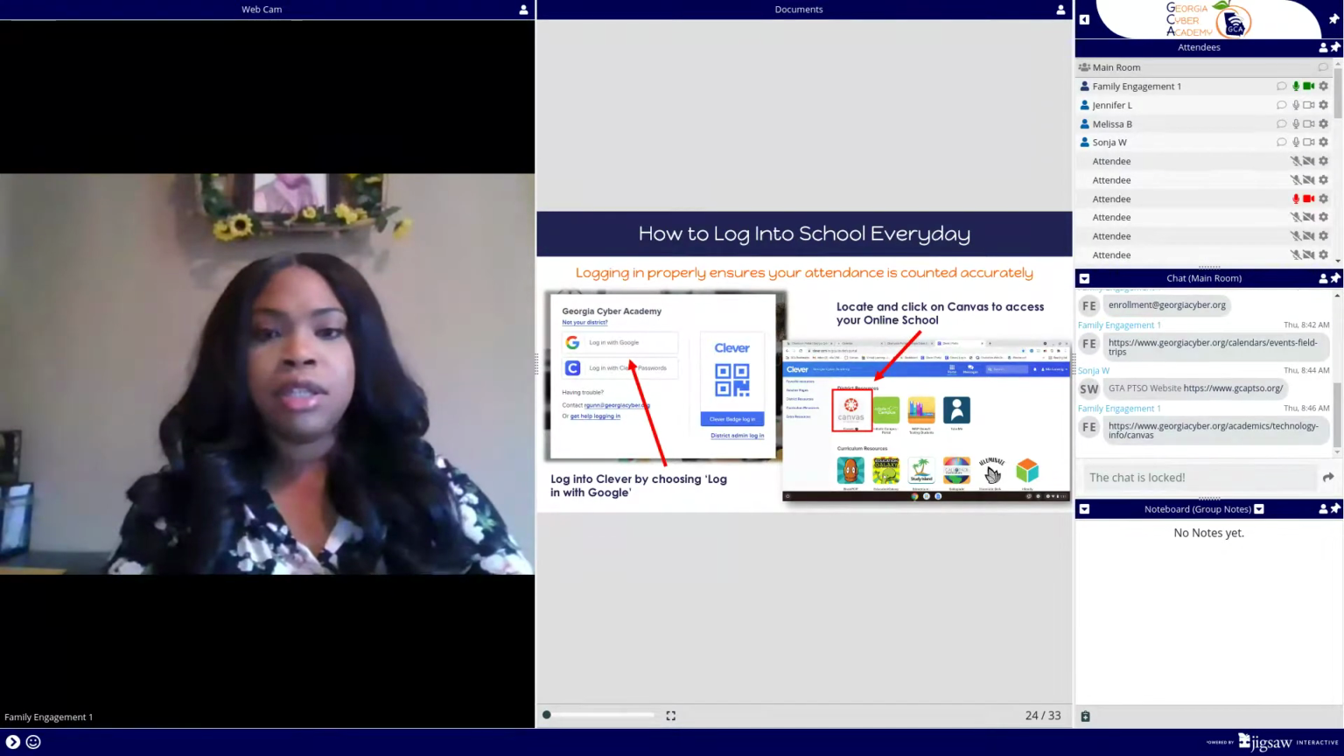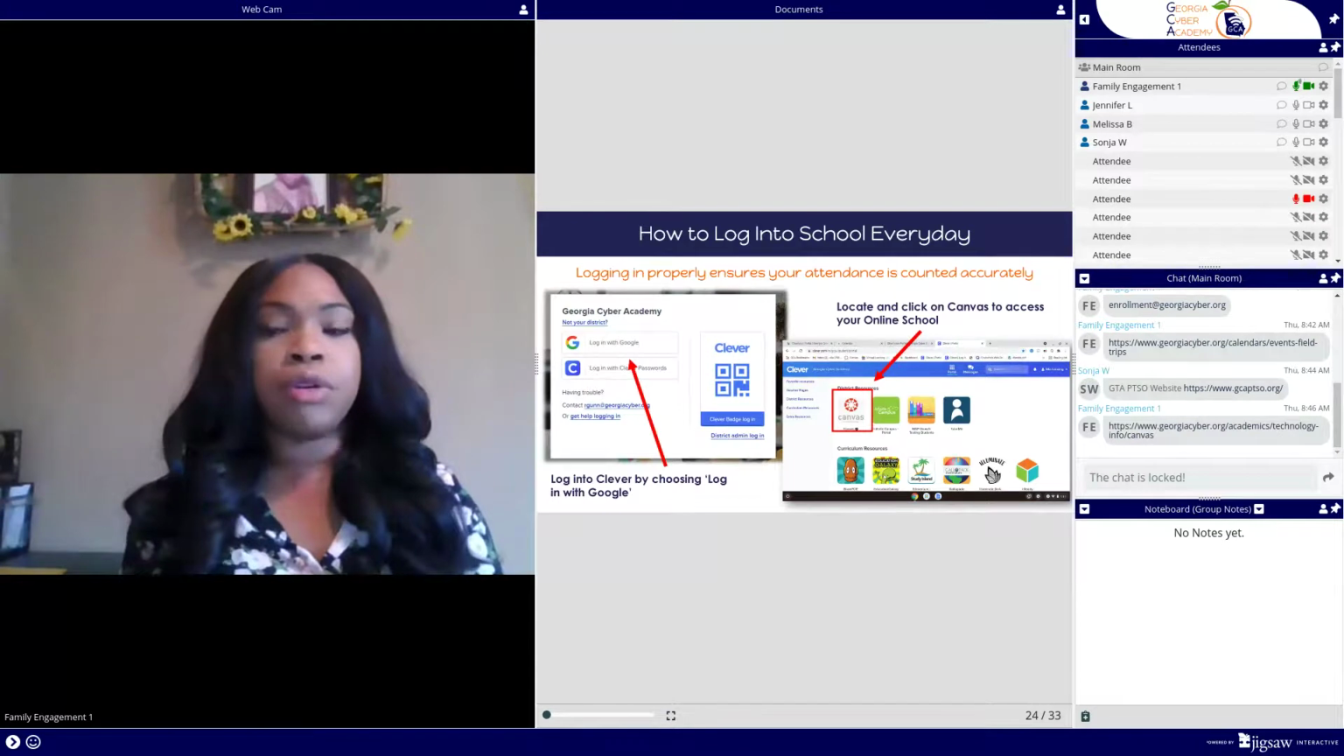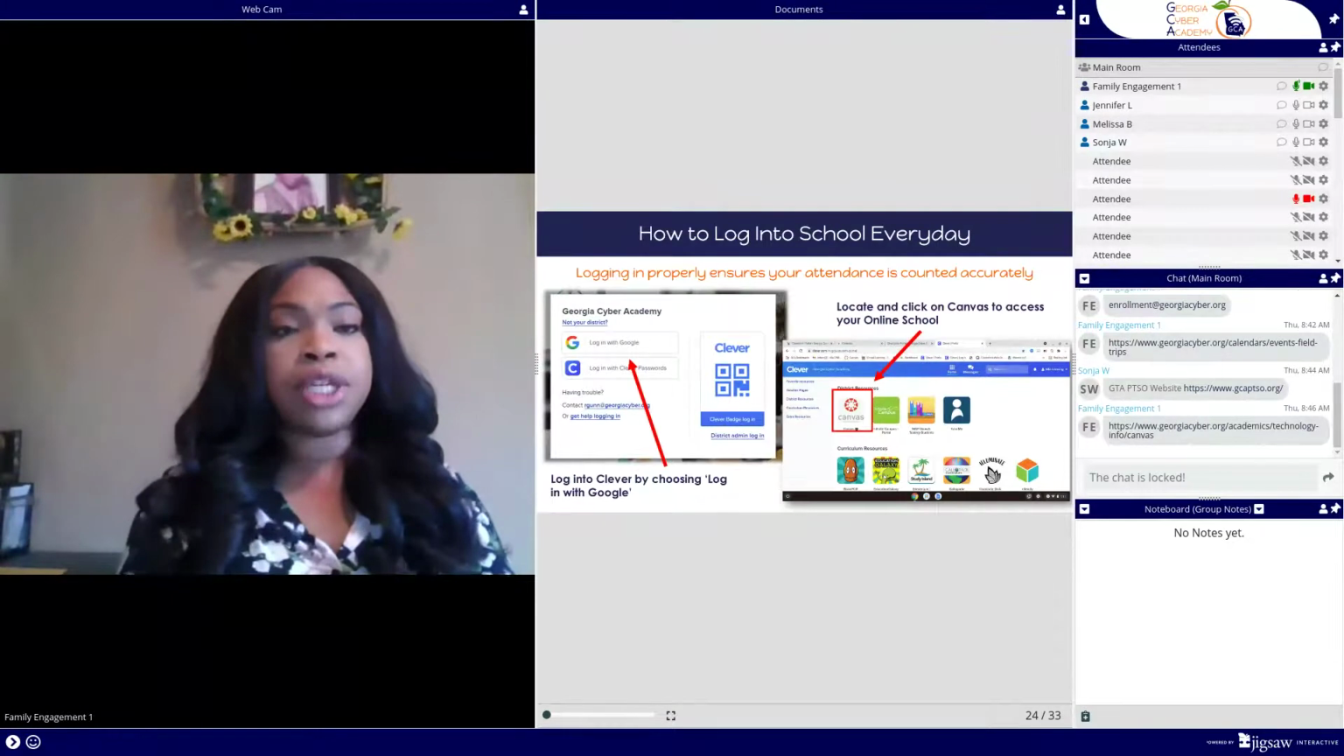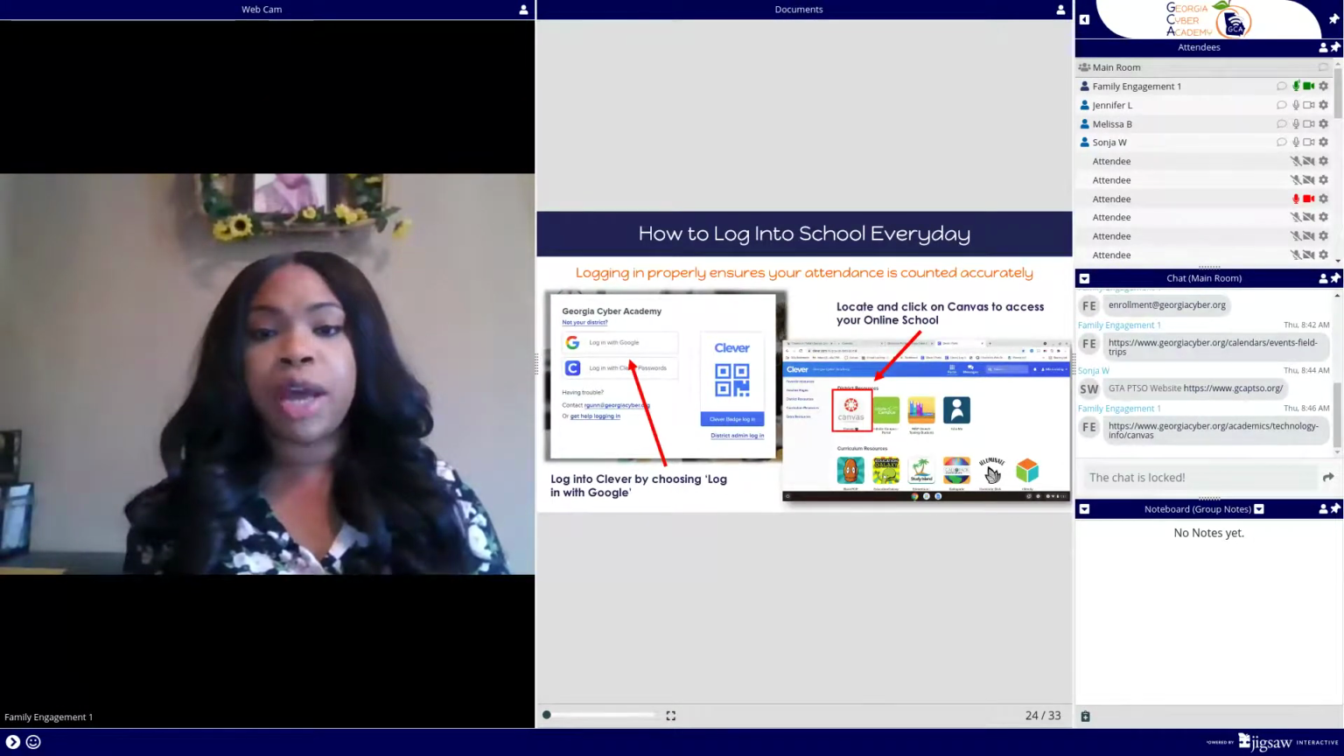Clever is where you're going to go to every day, every morning. Just log into Clever. Make it a habit. Log into Clever. Outside of checking your emails and so on, log into Clever. So this link for Clever that I'm putting in the chat box is going to get you to the Clever